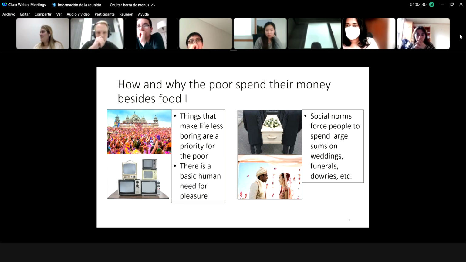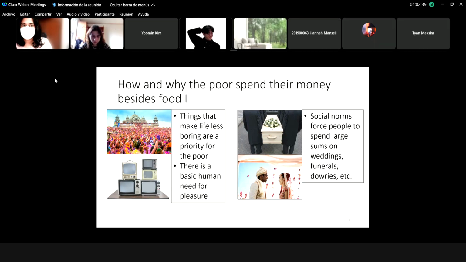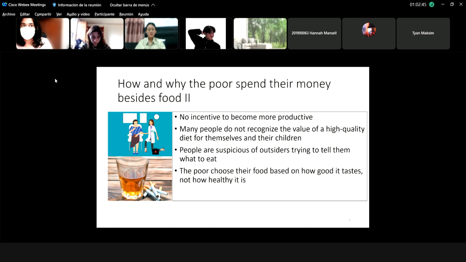It's the same with marriages. People marry at a way earlier age than in developed countries, so it's even more expensive. Some countries even try to regulate it, but the authors say that it still doesn't work. So there are other reasons where the poor also spend their money. One reason is of course medical emergencies, but another reason is that